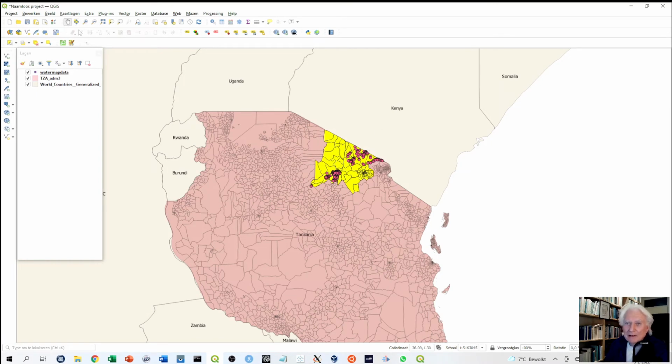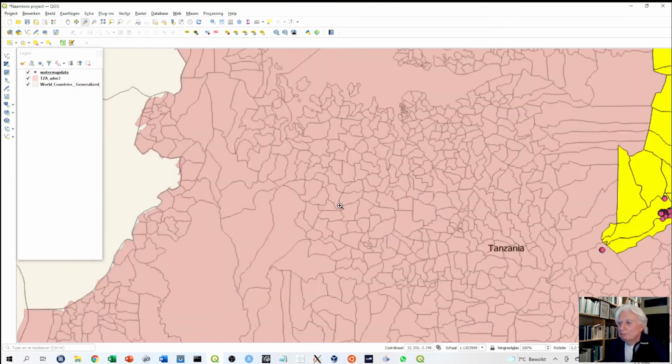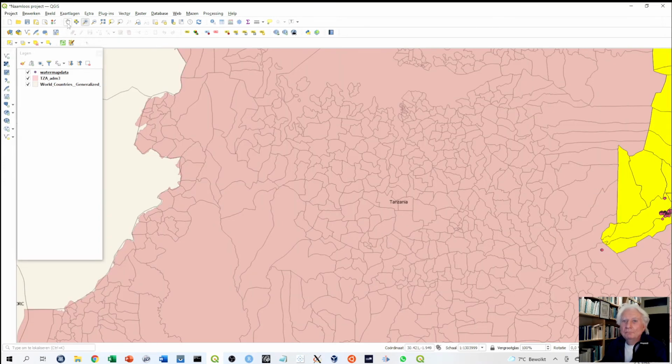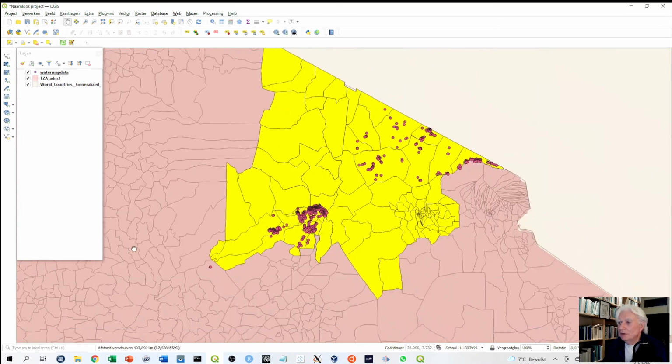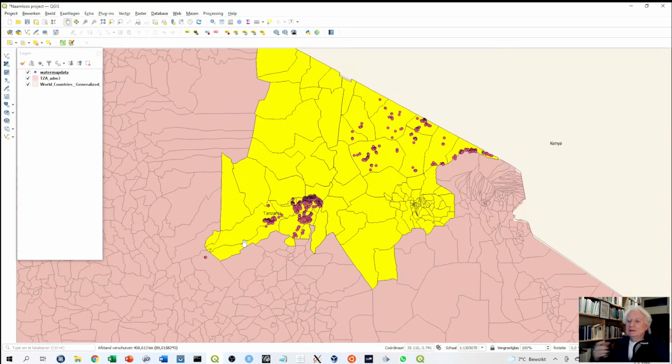Let's again zoom in, because we don't need, for example, you can make a picture from this map. You can export it as a picture and use it. And for another picture you can zoom in. So we're zooming in. And now you see, okay, this is more detailed, but we want to give the points a color according to